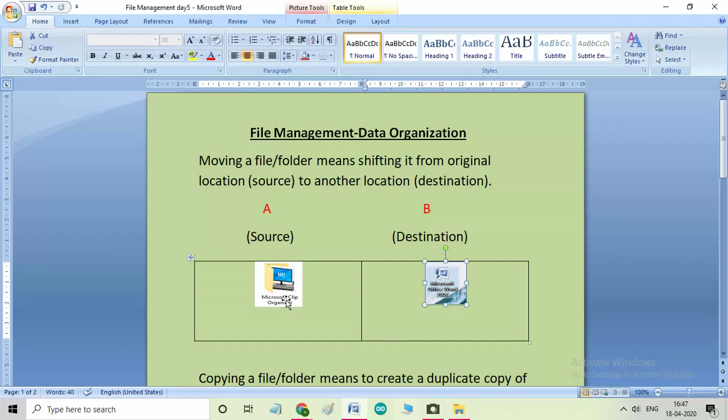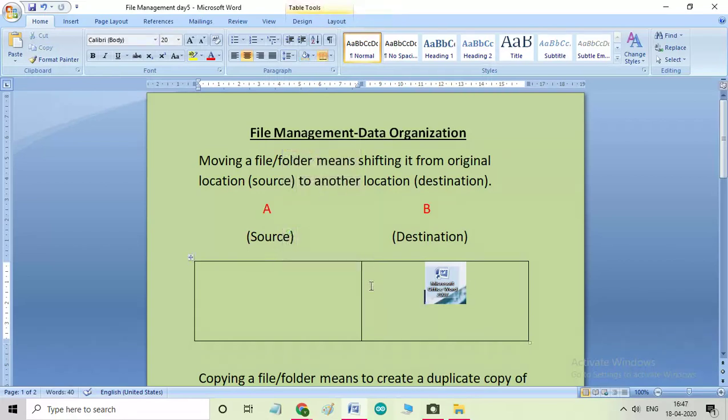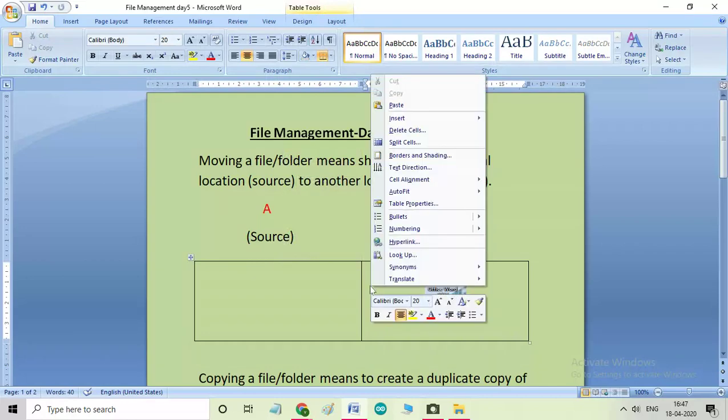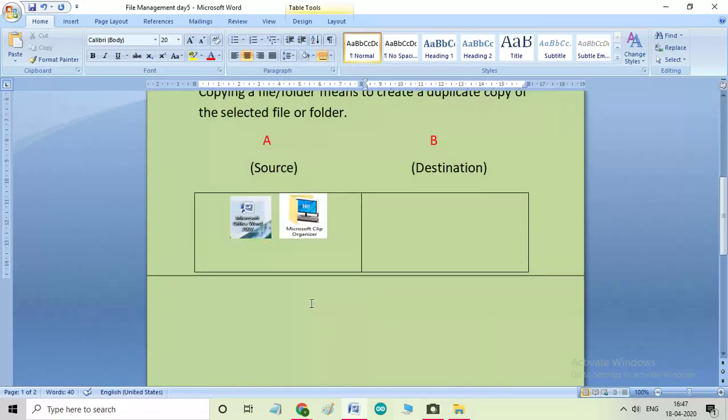Now I am going to teach you another method. Just select your folder, then right click the mouse button, say cut, and simply go wherever you want to paste, whichever position or location, and just say paste. So you see my A source is empty now. There is no file or folder here.